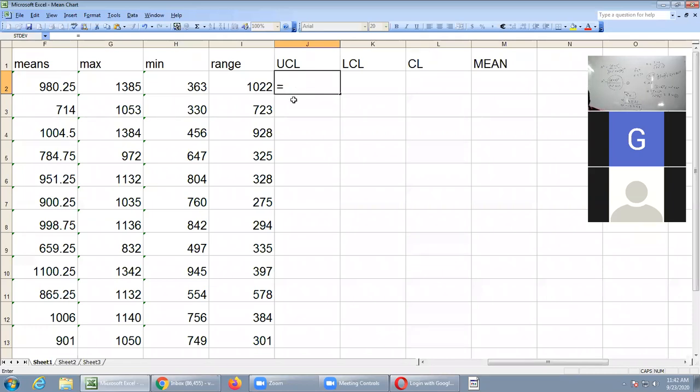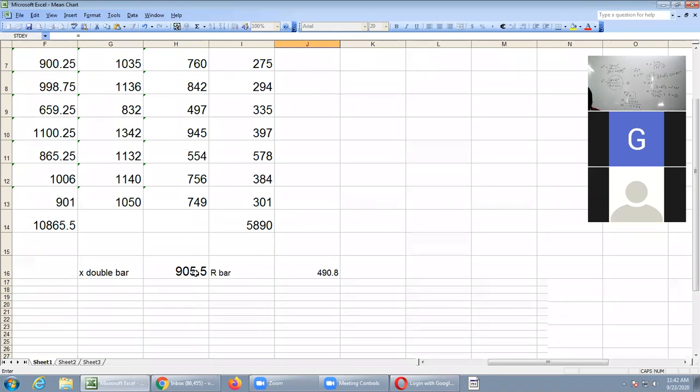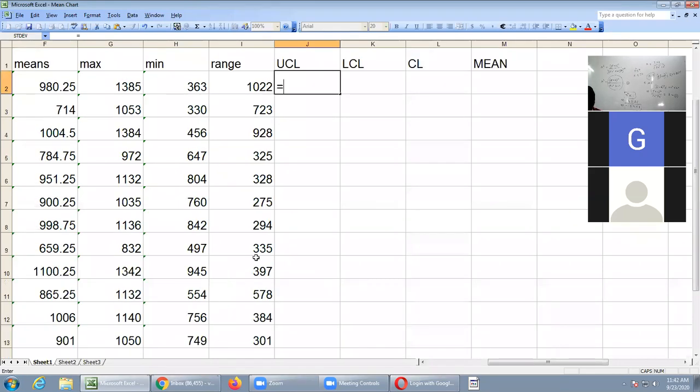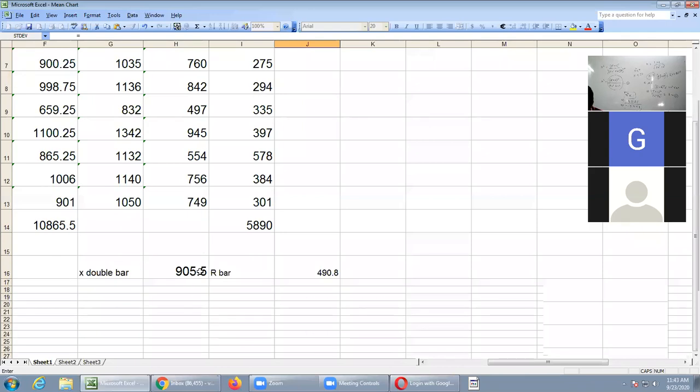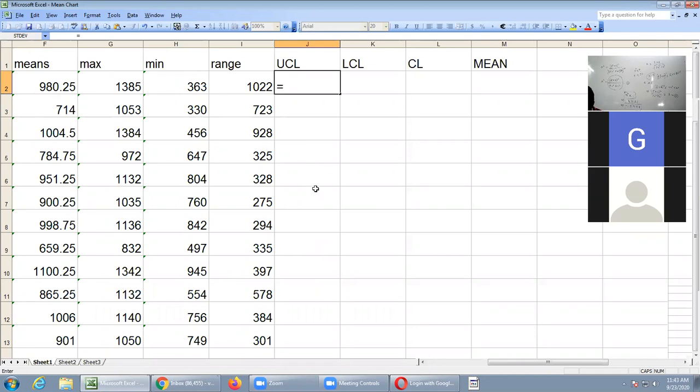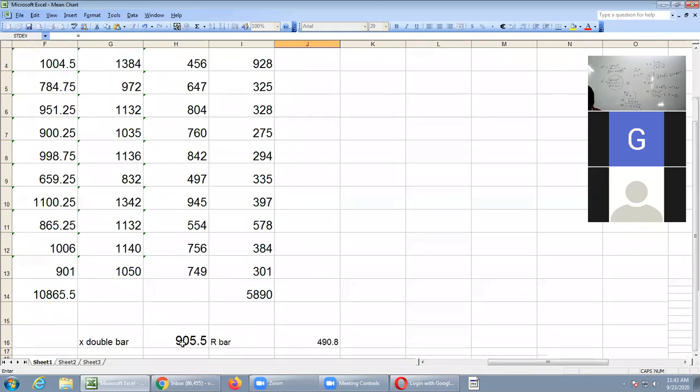Single value means you can type those values. So what is the formula? Don't select. I will get a single UCL value for all the 12 samples. All the 12 samples you will get only one value. So whenever you get only one value, don't select. If you select and then drag, you will not get it. Suppose I will show that one. Suppose someone selects this one, the X double bar values.